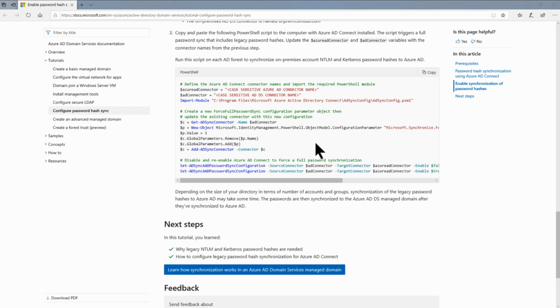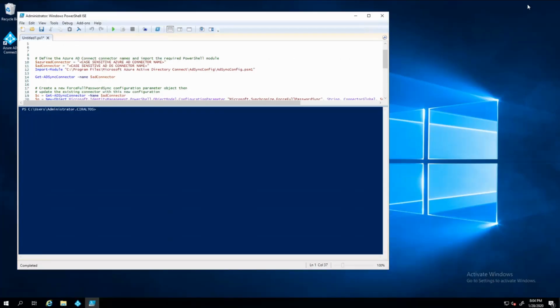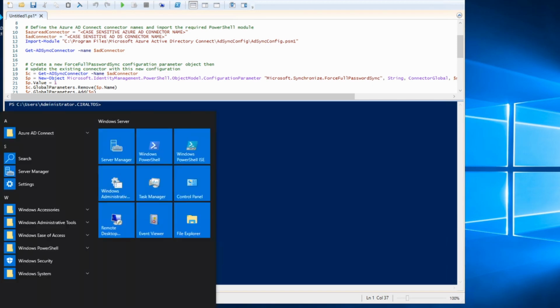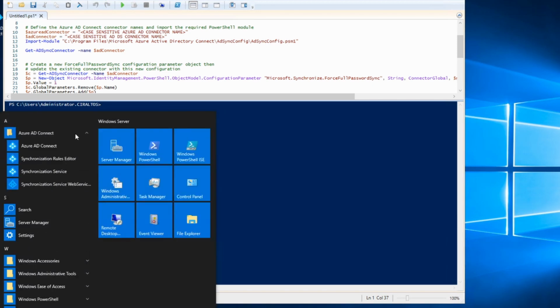To do that, Microsoft has a script, and I'll leave a link to this page below. So what it does is it adds a force full password sync to AD Connect, and then the script will force a full password replication. So I'm going to hop over to the computer with AD Connect running, and I'm going to start running through these commands. So the first thing I need to do is open up AD Connect Sync